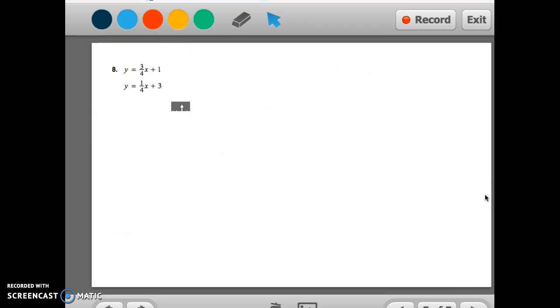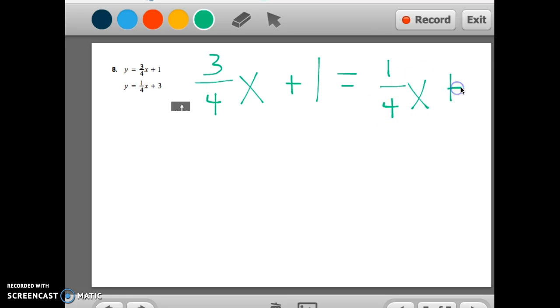Okay, this one's got fractions in it. But again, we can do it the same way we did the last one. If y equals the first and y equals the second, then the first equals the second. I can say 3/4 x plus 1 equals 1/4 x plus 3. And now I can just get all the x's together. Let's subtract the smaller one from both sides. Which one's smaller? This one is smaller. So if you subtract this from both sides,